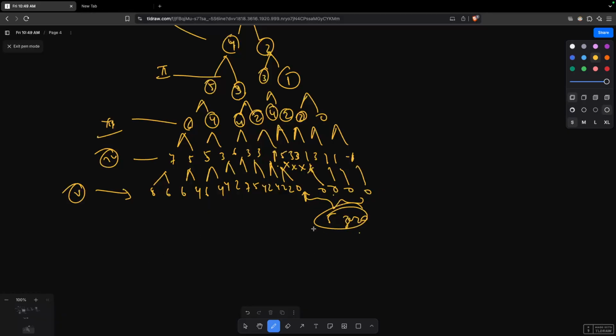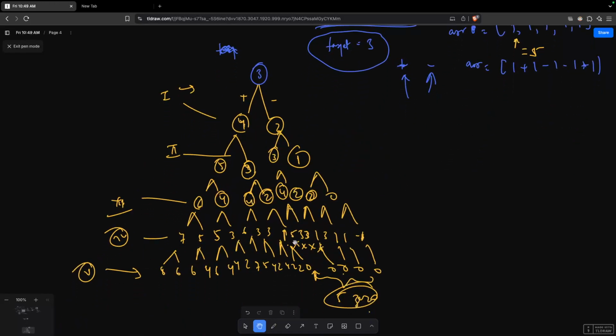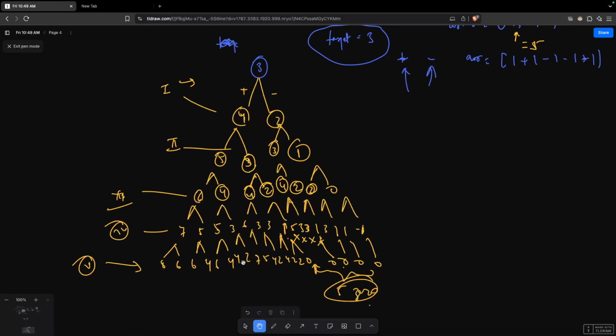If you solve this question, the output for this particular option will be 5. Okay, so what's the logic? We won't be computing this much. This would be a recursive solution,